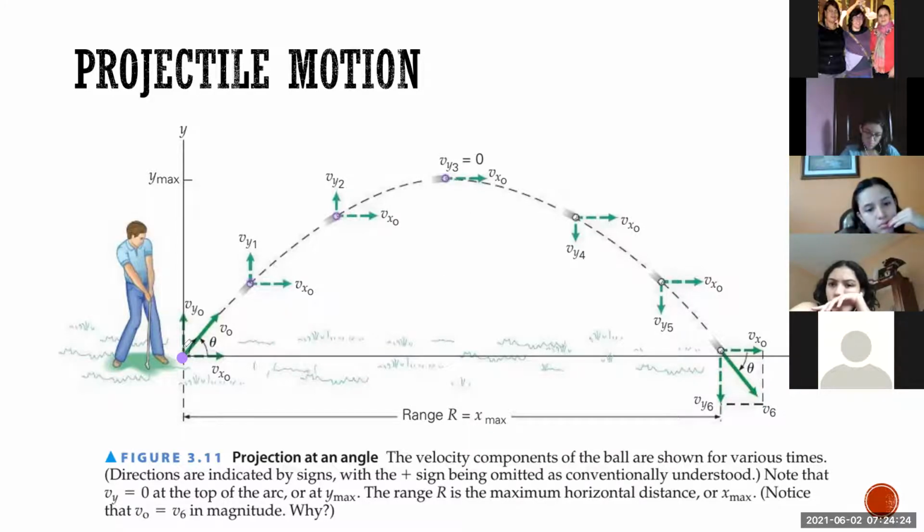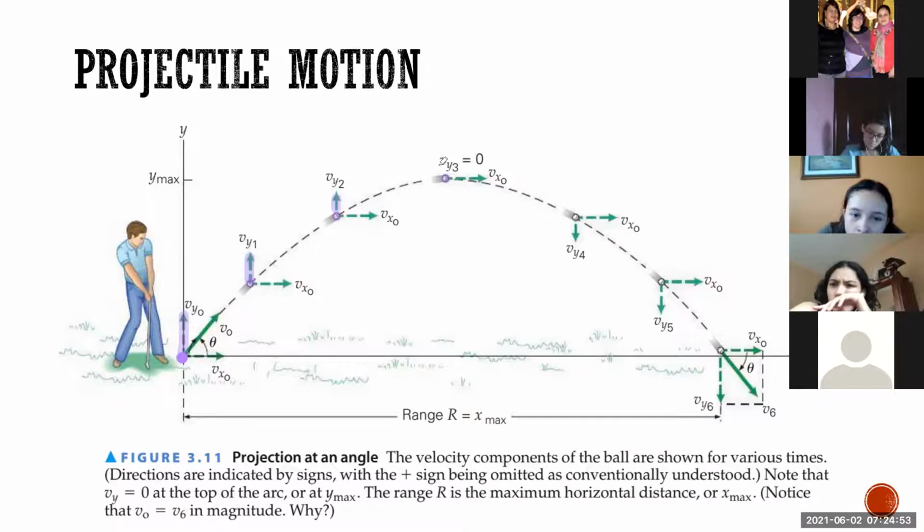Here you have the components y, x, y, x. As you can see, when the object is approaching the highest point, the velocity in y is being decreased. Take a look. Here we have a higher velocity, a smaller, a tiny velocity, and here none,